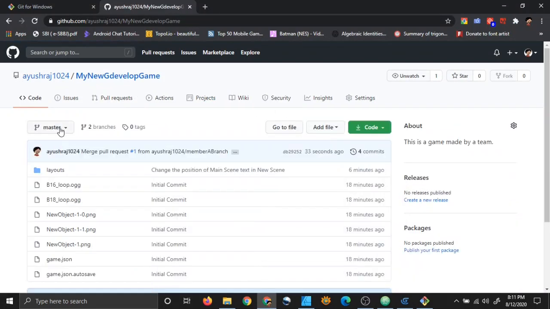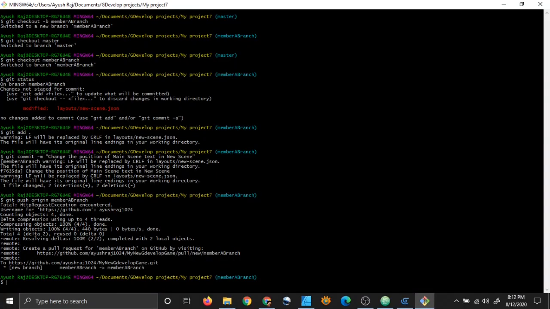you can see in my master branch itself I can see the change the position message, which is the message which I made in the member A branch, right? But I can see it in the master branch. So that's how you can work with branches. I am member A, I made a branch, and I pushed the changes of that branch to GitHub, and then on GitHub my admin merged the master branch with the member A branch, and hence my changes which I made on the game were merged with the master branch of the game, right? And similarly you should do the same thing locally also.